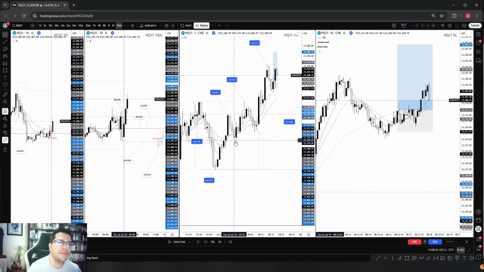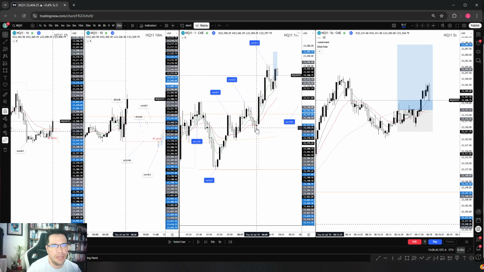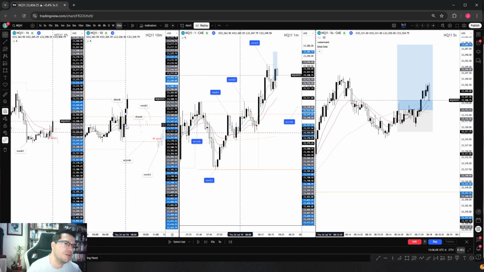Then we had a clear MMB1, which went to the 20 MA and had a reaction from there. Then we had a flush for an MMB2 that actually again went to the 20 EMAs and got a nice reaction from there. The reason that any of these opportunities were even considered was that at that point the cycle had just started and we were coming from below the EMAs on our context time frame, so this was actually no chance for us to take a setup.